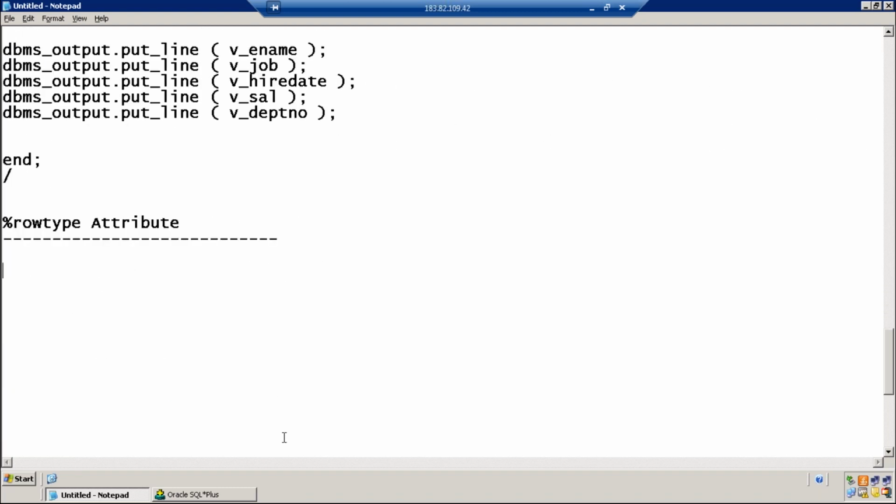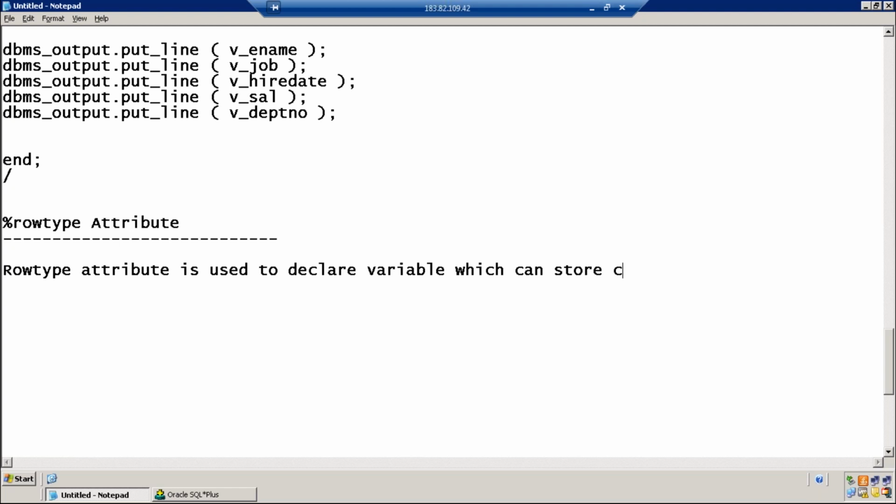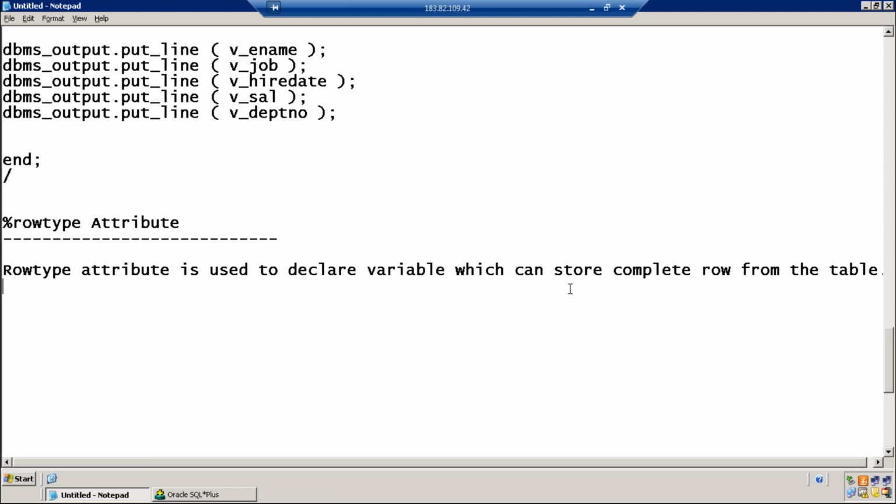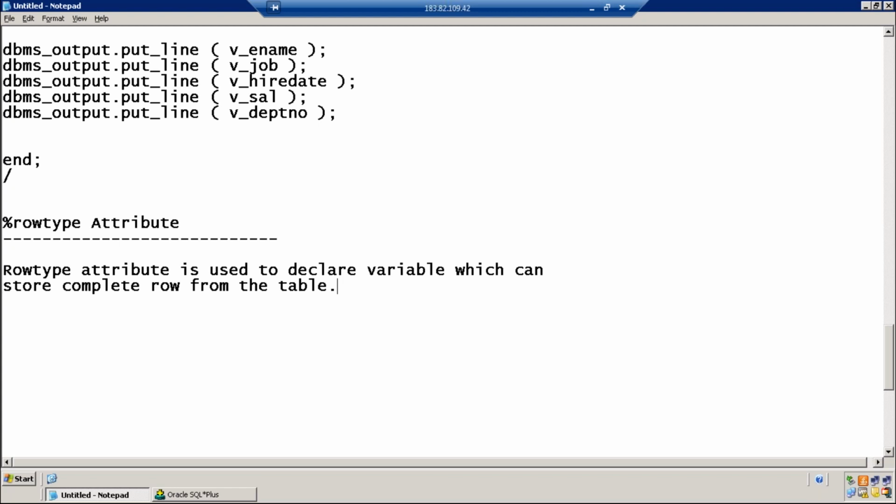Row type attribute is used to declare a variable which can store a complete row from the table.